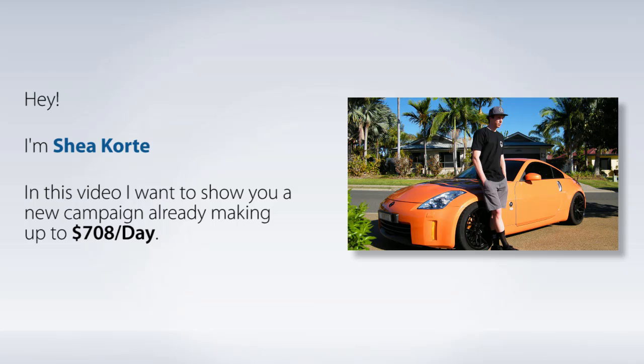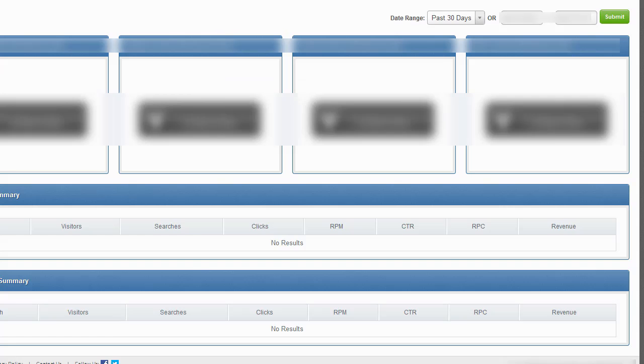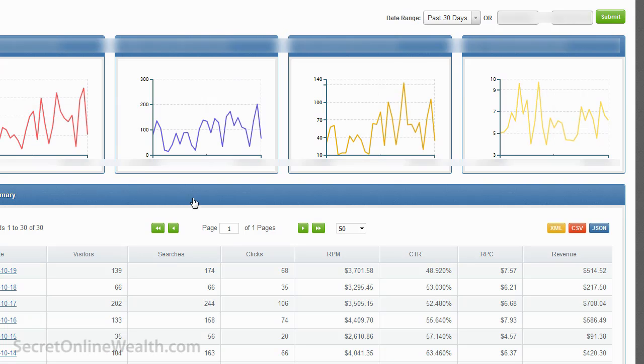It's doing really well. I'm really happy with it, and I'm showing these methods to my students already, but I just wanted to show you the earnings that this thing has been able to do in a fairly short time. So I'm just going to log into the network that I started using for this campaign. I do work with many other networks, probably about 3 others, but the earnings in this one are pretty awesome already, so I just wanted to show you this one.